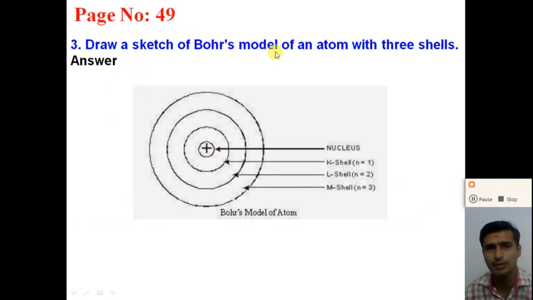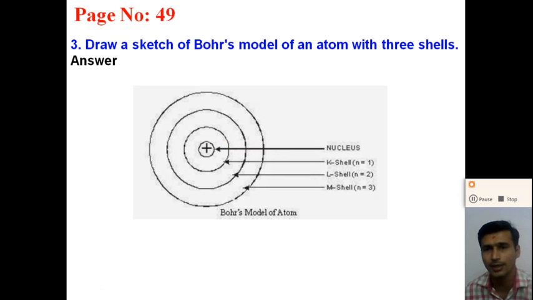Draw a sketch of Bohr's model of an atom with the three shells. According to Bohr's model, the whole positive charge is concentrated at the central region. This region is called the nucleus. So first draw the nucleus and write the positive charge on the nucleus, and after that, the electrons